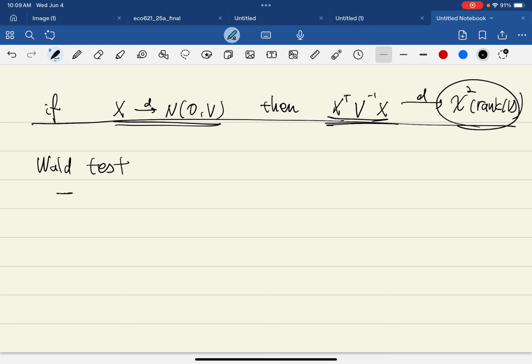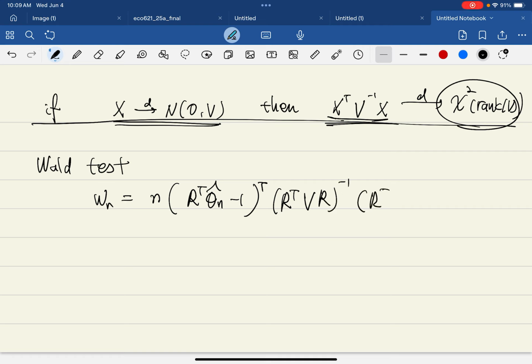That means the test statistic T or W, usually in textbooks it is called W. W is defined as R transpose theta hat n minus 1 transpose R V R transpose inverse and R transpose theta hat n minus 1 is the test statistic, and its null distribution is chi-square 1 under the null hypothesis and infinity under H1, the alternative hypothesis, and the critical value